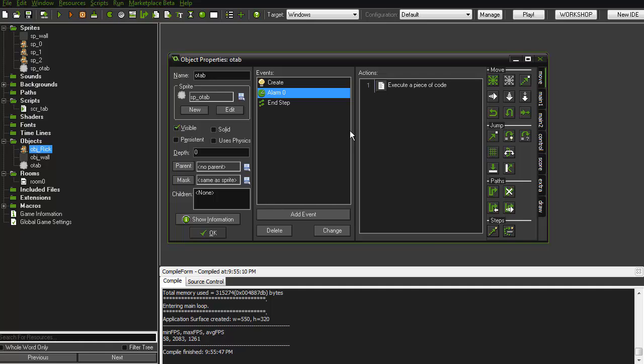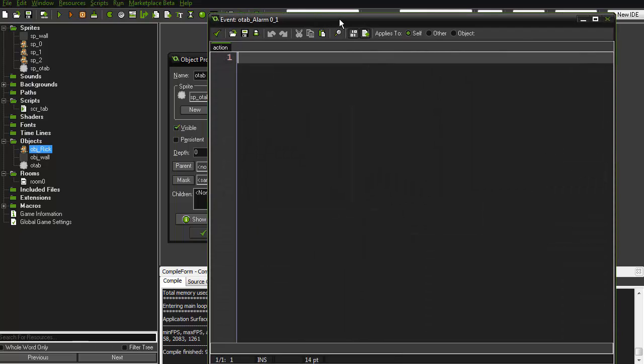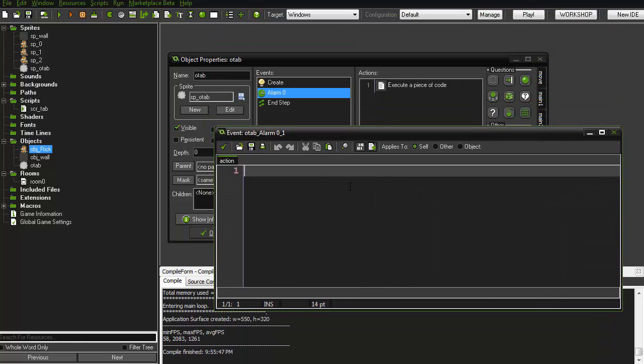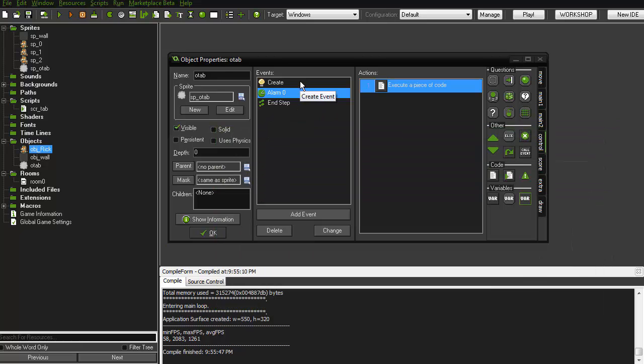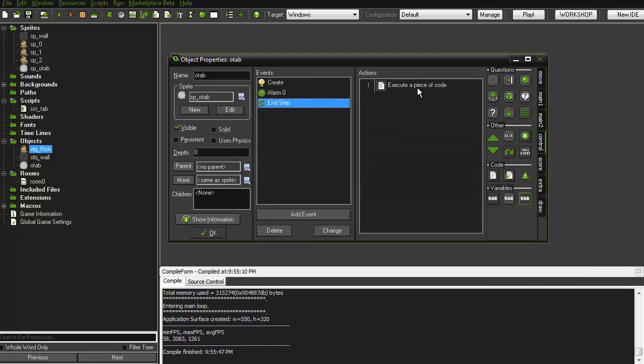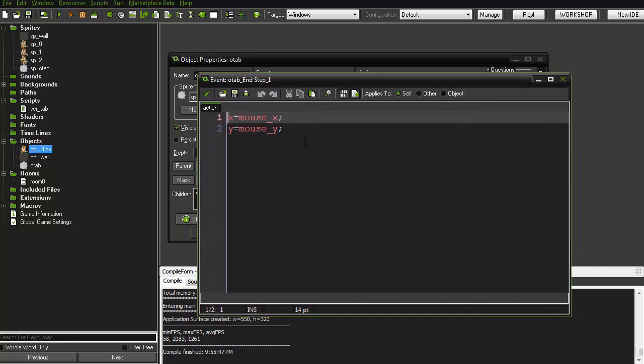code. So first thing you want to do is delete the alarm 0. Actually, don't delete it, just change the whole thing, add a new code and write allow equals true. Okay, so allow is true. The next thing is in the end step event. First thing I'm going to do is go here,